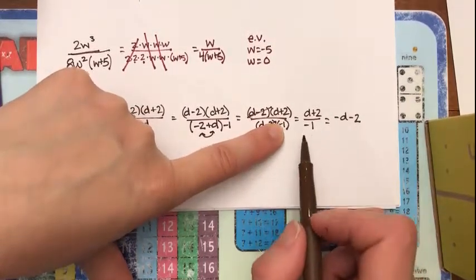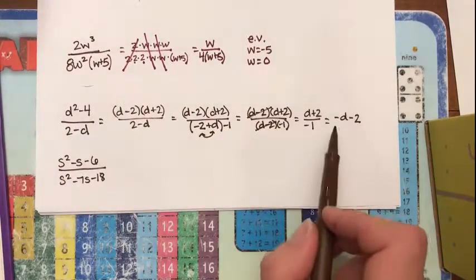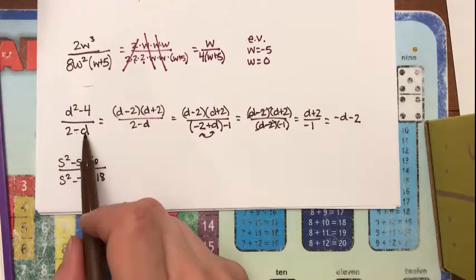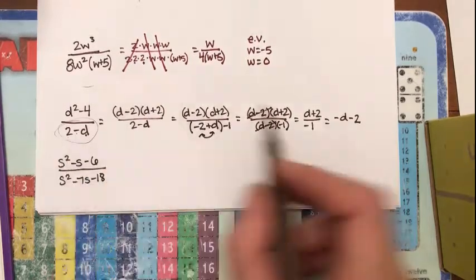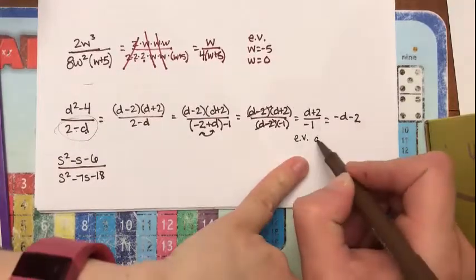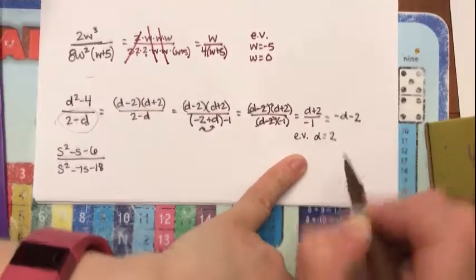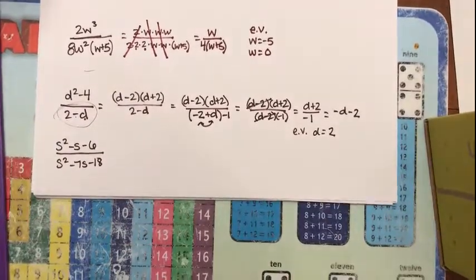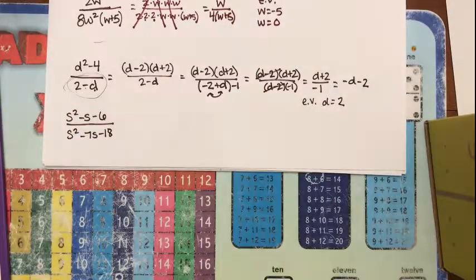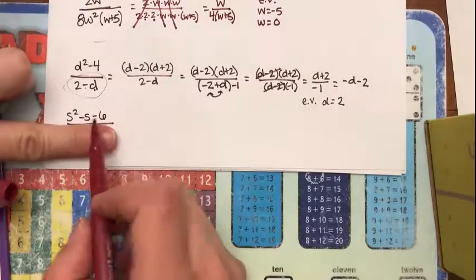And I don't have anything in the denominator. So again, I need to go back to the beginning. 2 minus d is what I started with in the denominator. So my excluded value here would be d equals a positive 2. Oops, bumped my stand. And then for the last one that I have on this page, I'm going to factor